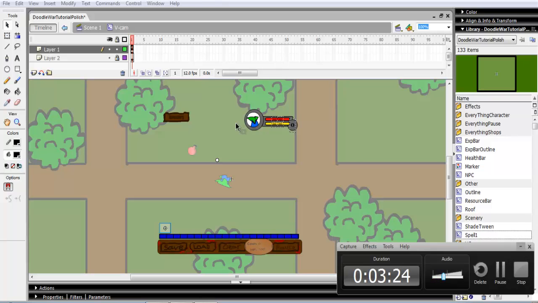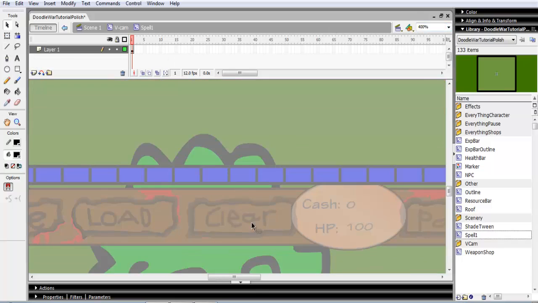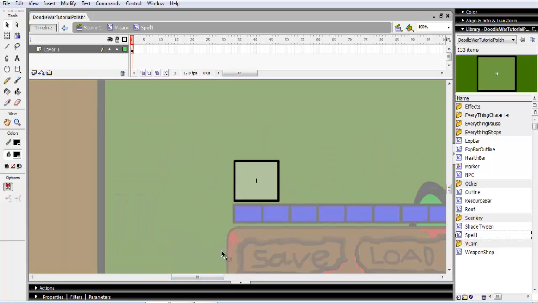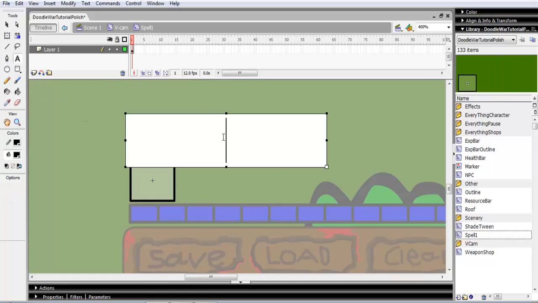Alright, go on this spell. We just made spell 1. Am I recording? Yeah, I am. Right, spell 1. On the first frame, because this is just a simple game, we don't need to use any code for this bit. So just on the first frame of spell 1, we're just going to write